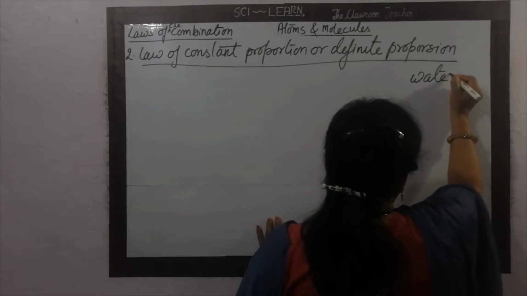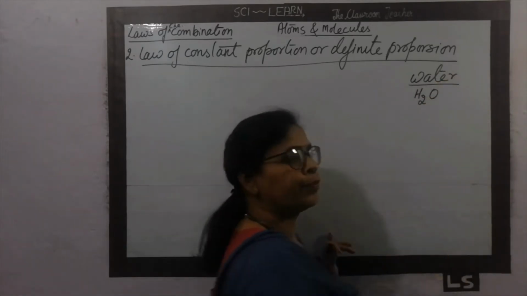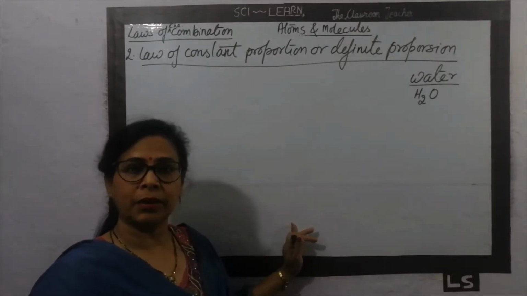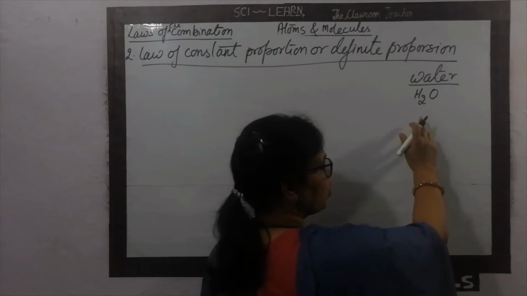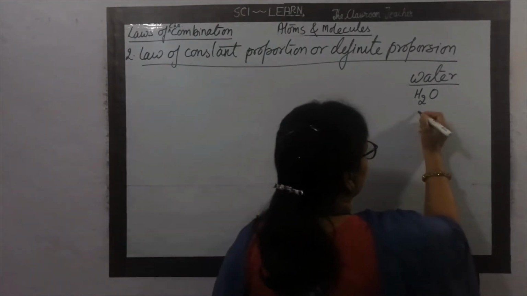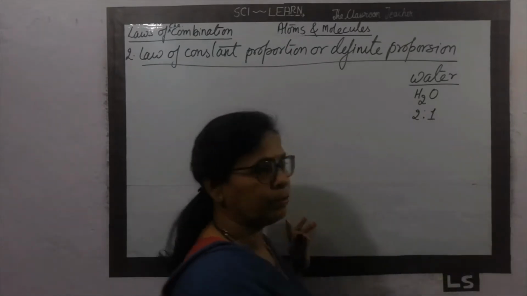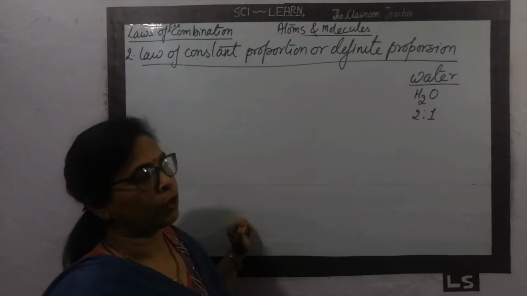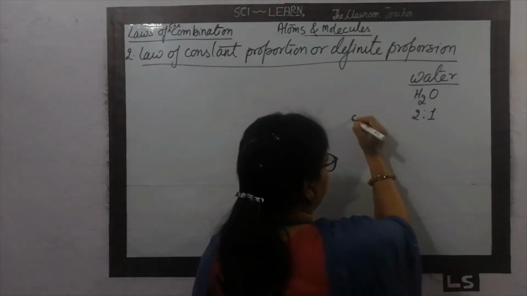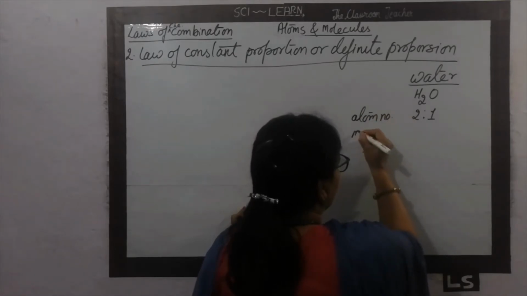What is the chemical formula of water? That is H2O. What is the number of hydrogen atoms and oxygen atoms here? The number of hydrogen atoms is 2 and oxygen is 1. When 2 hydrogen atoms combine with 1 oxygen atom, the substance formed is called water. This is on the basis of atom number. But on the basis of the mass